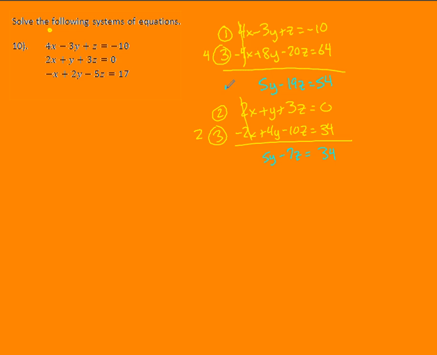So now I got two new equations. I'm going to call them 4 and 5, and that's what I'm going to use for my next step. I need to somehow eliminate something in 4 and 5. Well, they have the same y value, just opposite signs. So I'm just going to make one of them a negative, so make the second guy multiply by negatives. Keep the top one the exact same. And now they will eliminate. Those will cancel out, and it'll leave you with negative 12z is equal to,